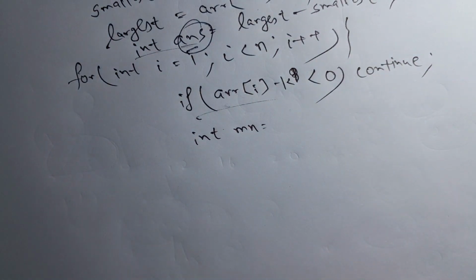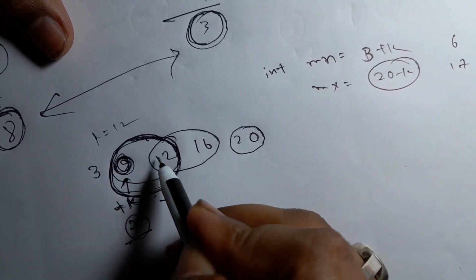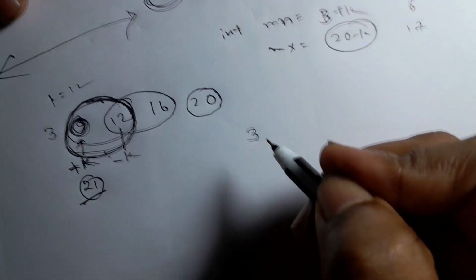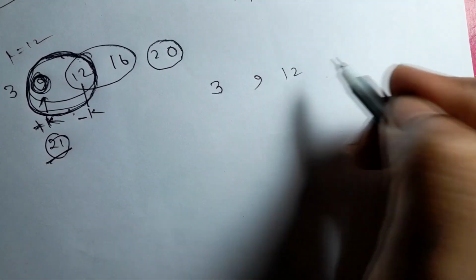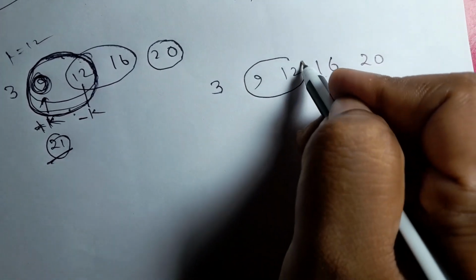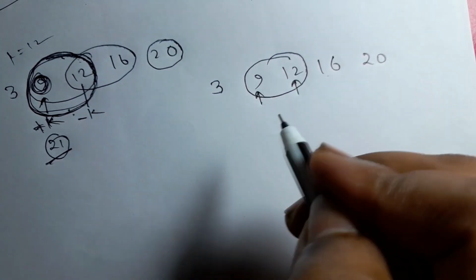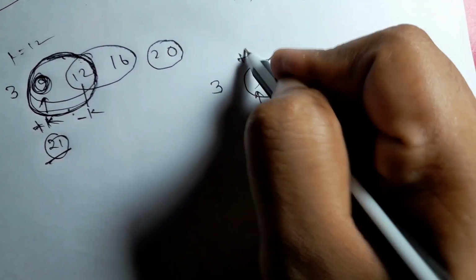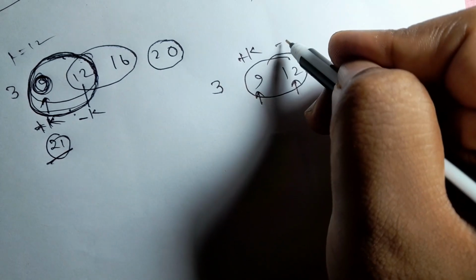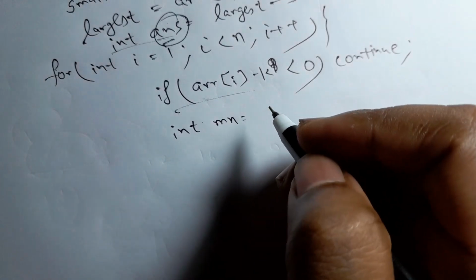And where is the mean? I'll go to the example once again. Where is the mean? The mean is here. Suppose we are comparing 3, 9, 12, 16, 20. When we are going to compare 9 and 12, the mean is 9 and the max is 12. So mean is 9 plus k and max is 12 minus k. Okay, so the mean is